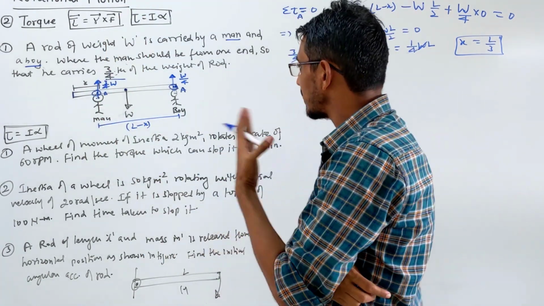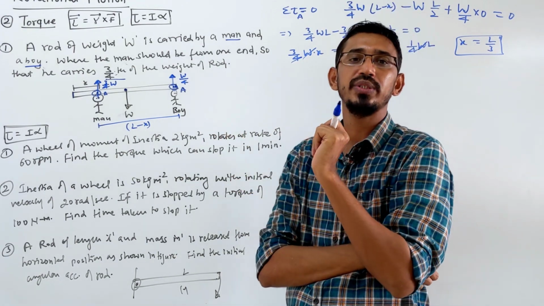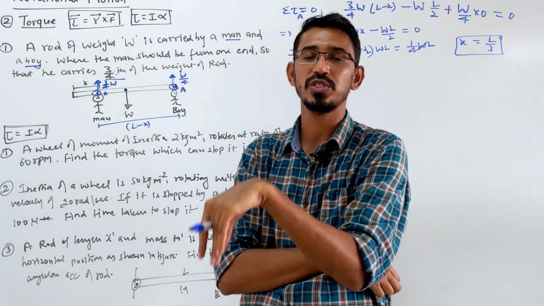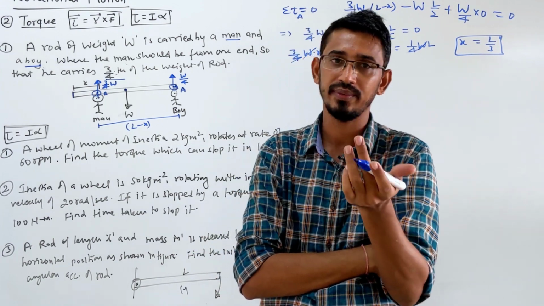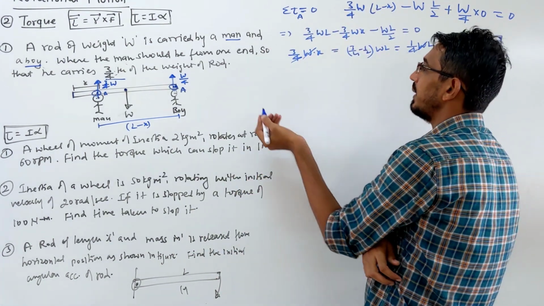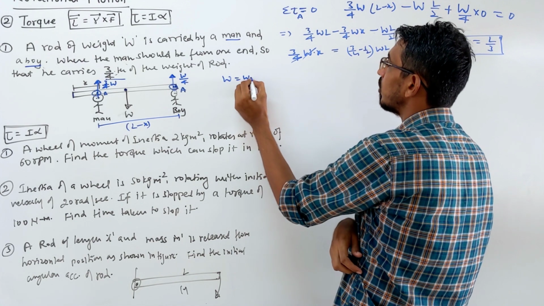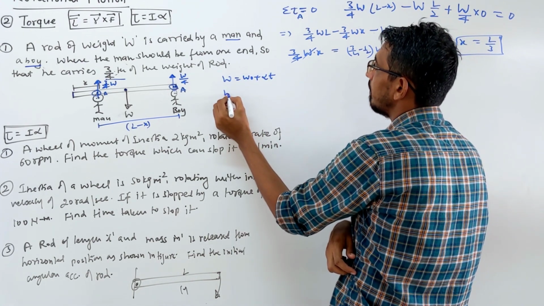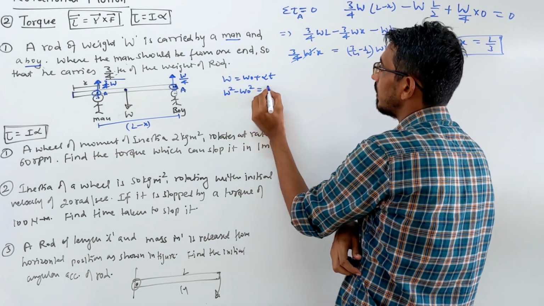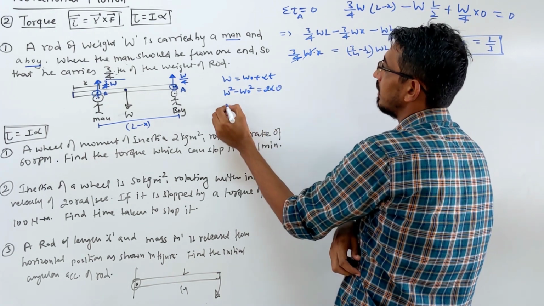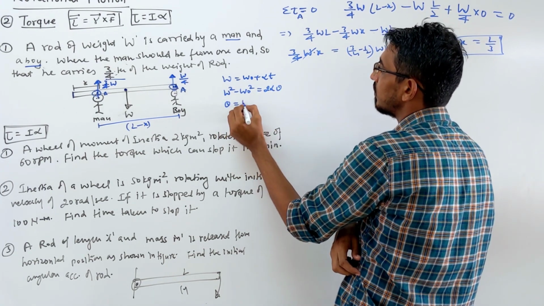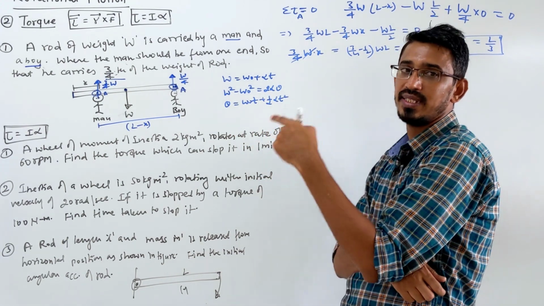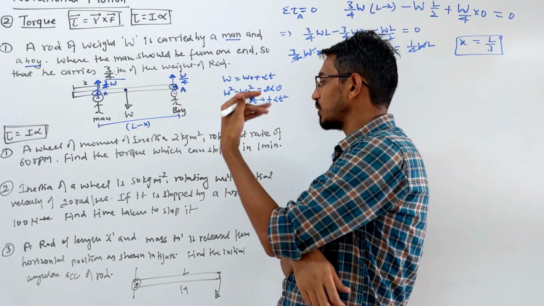Now the next question will be based on your equations of motion that we have already done in circular motion, the equations of motion in terms of rotational motion. Those three equations you write: omega is equal to omega naught plus alpha into t, omega square minus omega naught square is 2 alpha into theta, and the last equation, theta is equal to omega naught t plus half alpha t square, right? So those questions we will do.